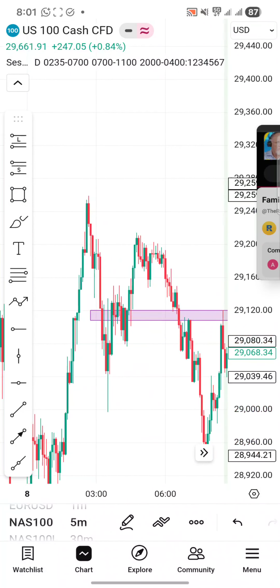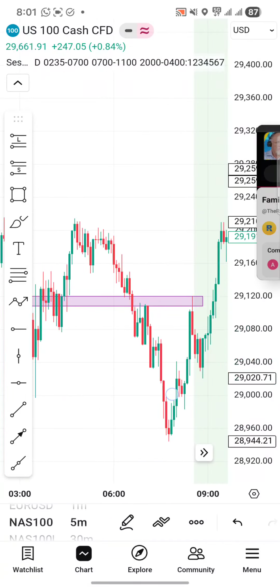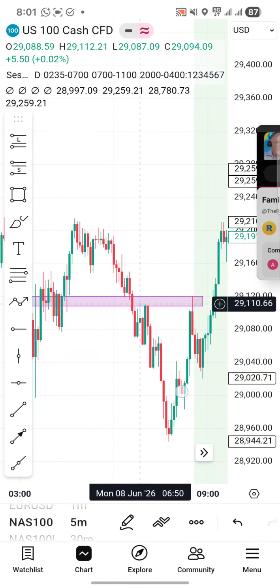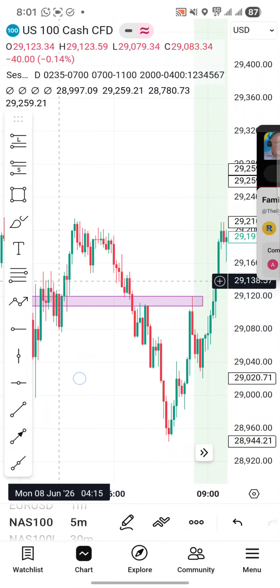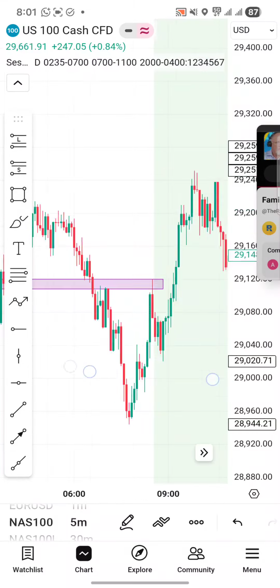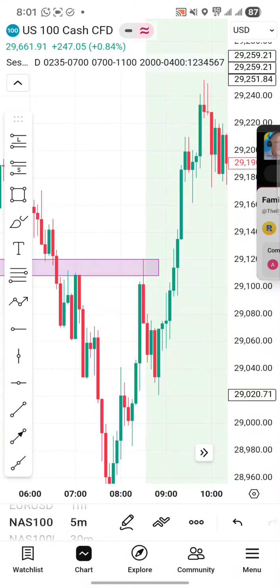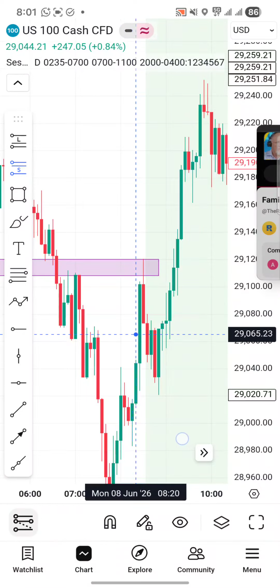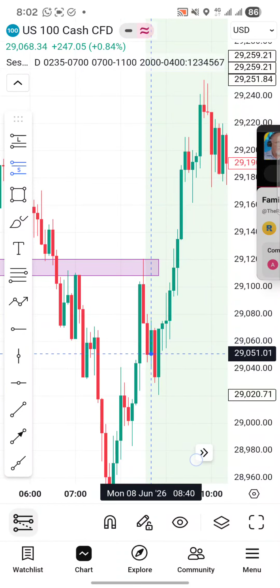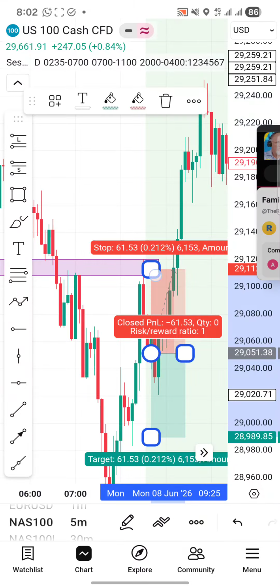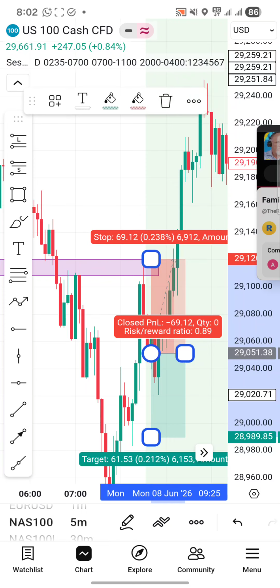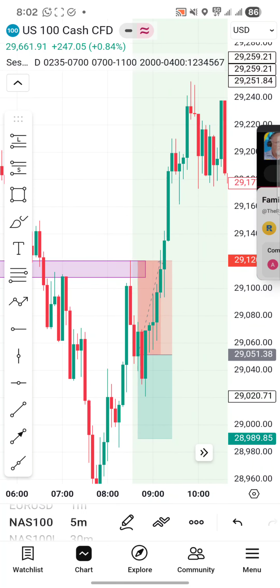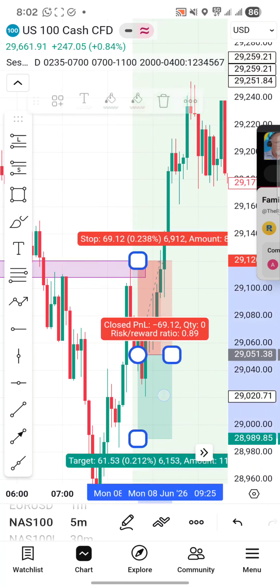You can see right here, there's a level here, and you see interactions with price at that level there. And I think this first candle is good enough to enter on, but that was the close of the 8:30. So we open the trade at the close of the 8:35. Clearly this is a loss, and I will target 1 to